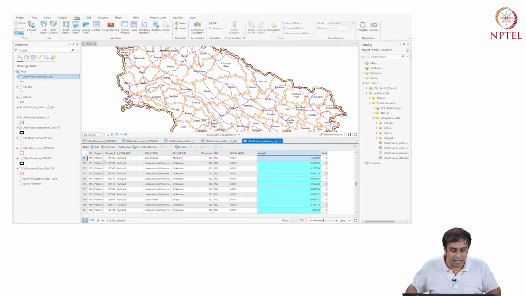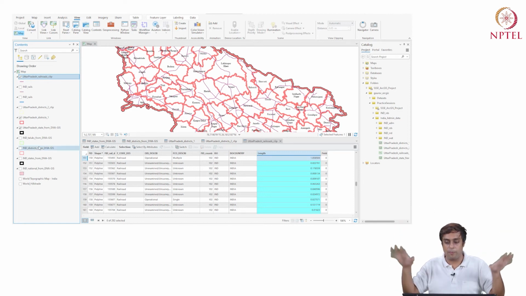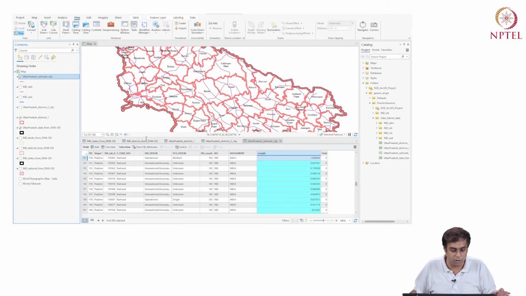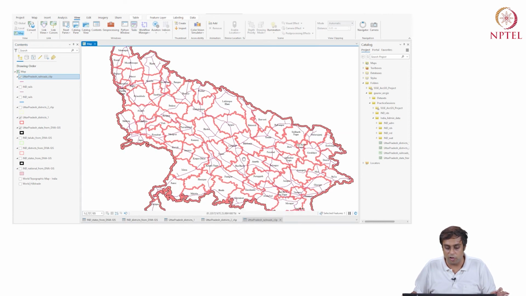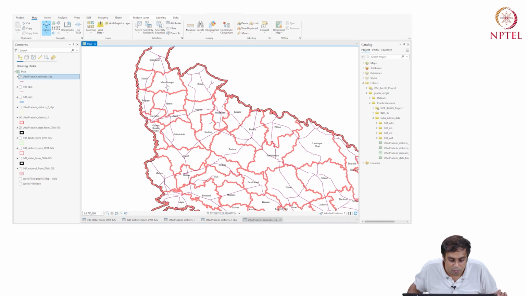Okay. So once I've done that, as a next step, I want to know, what is the length of a railway line within each district? Okay. So I want to do that. I have a separate file, both files are for Uttar Pradesh. So I know very well that for Uttar Pradesh, I have district data. I can identify these districts, but I can't tell within Muzaffarnagar what is the length of rail line and how does it compare with the rail line length in Bareilly.